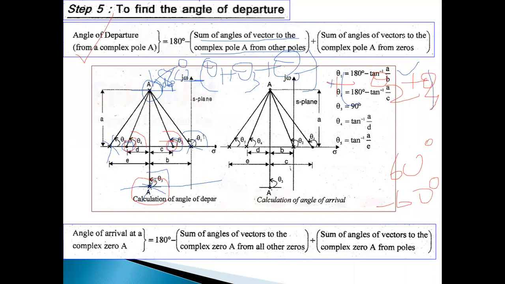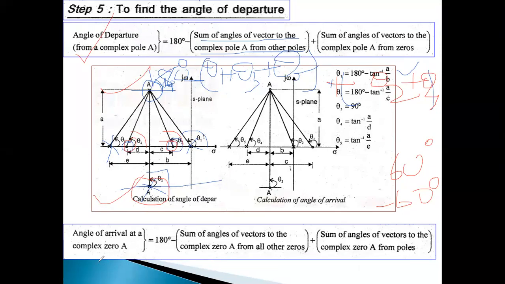Simply we can write the angle of departure at the second pole, the complex conjugate poles. If one is at 60, the other one is at minus 60. If one is 90, the other becomes minus 90. No need to calculate again. Similarly,